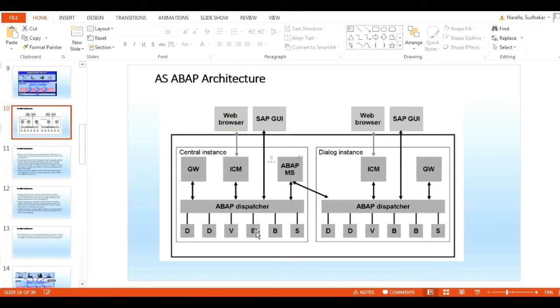This message service and enqueue service, I call it a central services instance. So after NetWeaver 7.0, SAP has separated the message service and enqueue service from the central instance. Got my point?